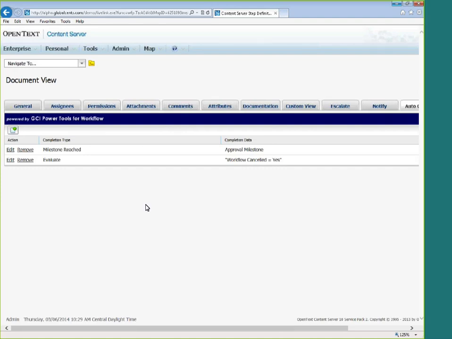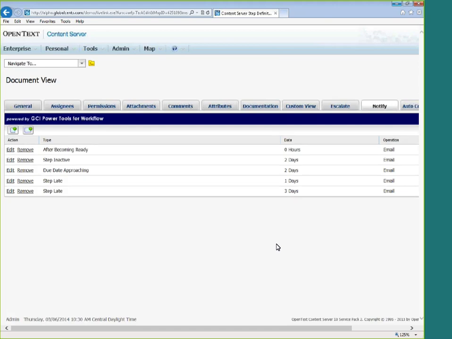If they decide that the workflow needs to be canceled, they can actually set the workflow attribute workflow canceled to yes, and save that. And then all of the user steps will be auto-completed, and it will be able to take a path that will send it through a cleanup portion to unreserve the documents, reset category information, anything that was done at the beginning. We can also send additional notification messages out at any time.